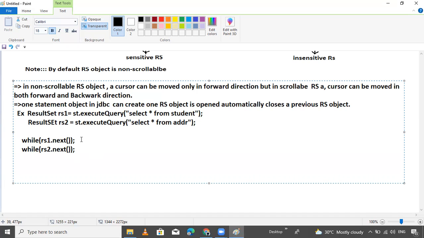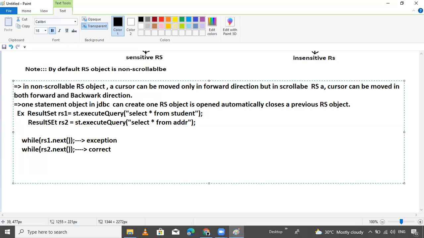Which line gives you an exception? The rs1 line gives you an exception, but the rs2 line is correct.